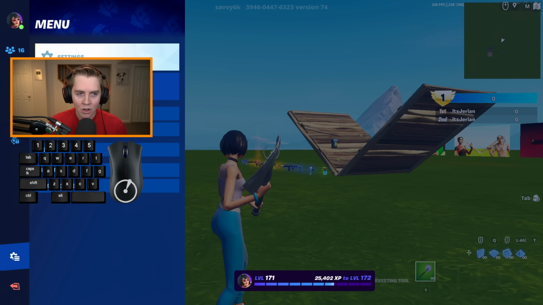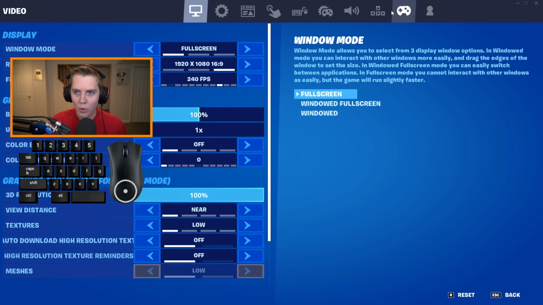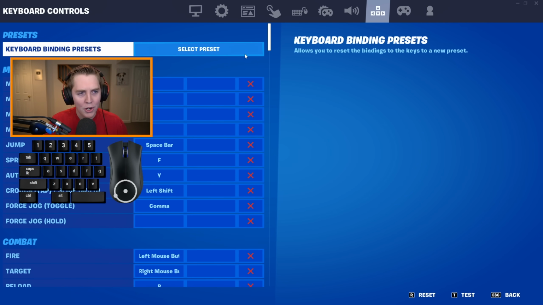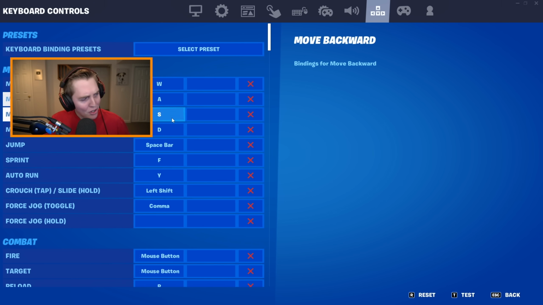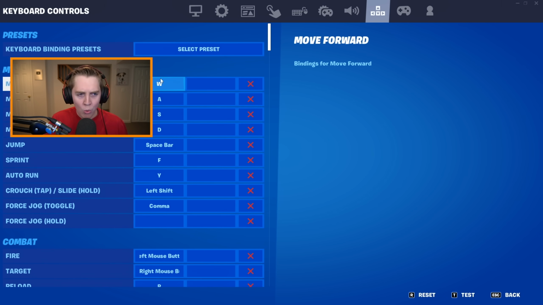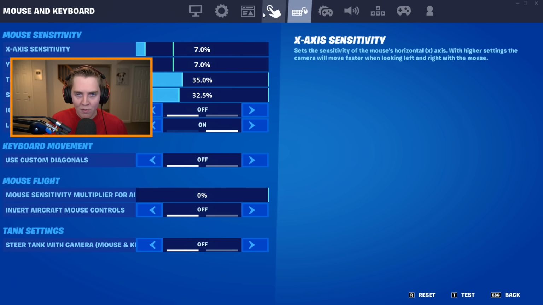If you're like me and you're used to using other double movement softwares, then what you're going to have to do is go to your keybinds, and you're actually going to have to rebind WASD. So yeah, make sure that these are set correctly. If you use ESDF, or it doesn't really matter what you use, make sure you re-put in your movement keys,